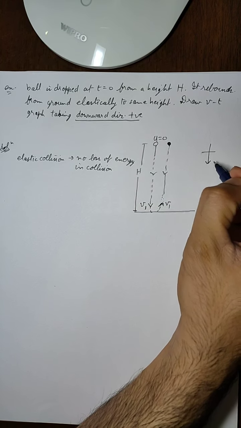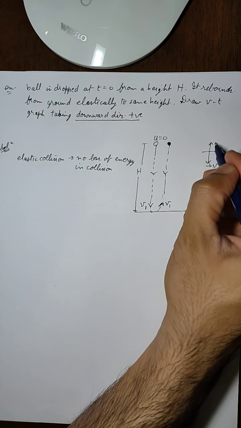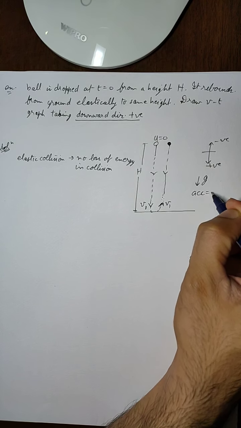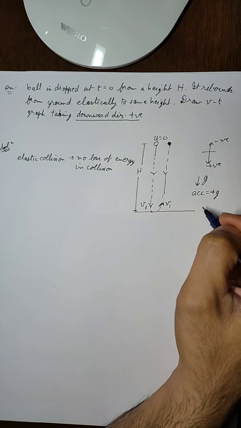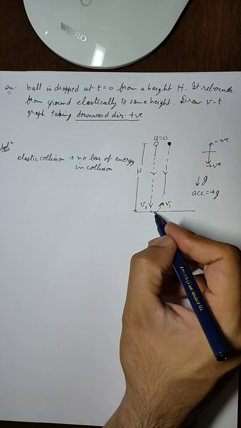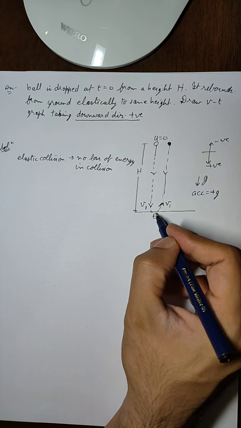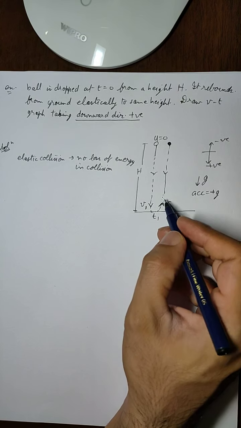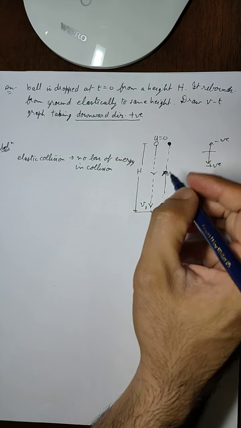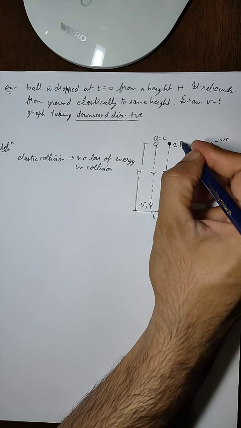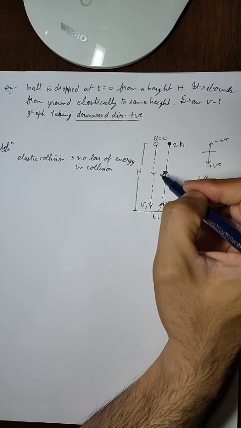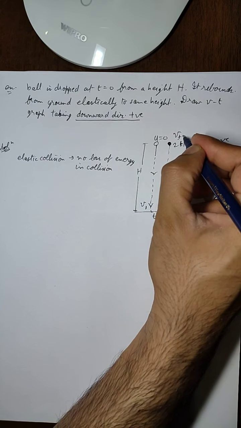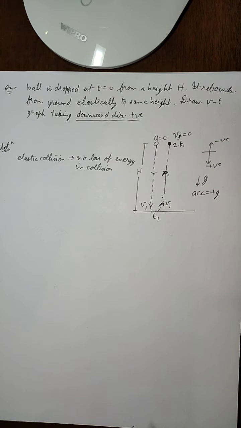Now the downward direction is positive as given by the question, and upward direction will be negative, and since acceleration due to gravity is always downward, we are going to take acceleration as plus g. Now the ball drops down, let us say it collides with ground at time t1 with velocity v1. After the collision, the velocity reverses its direction, v1 goes upward, and in time 2t1, because it is going to take the same time, from here to here it is t1, here to here again it is t1, so at time 2t1 it reaches the same height and the final velocity becomes equal to 0.